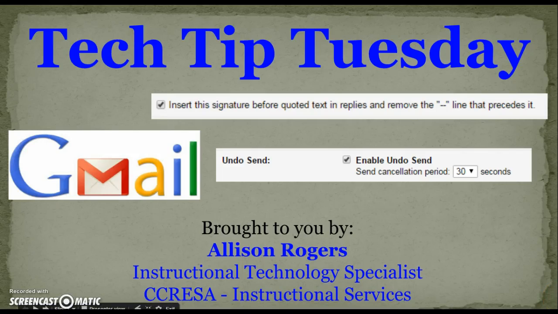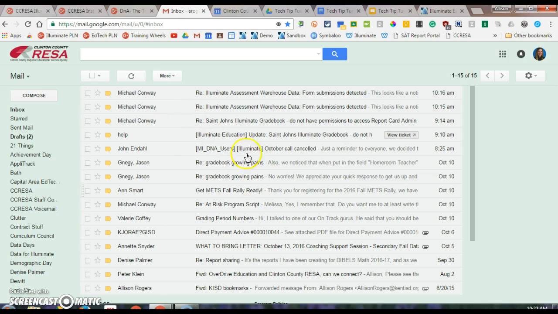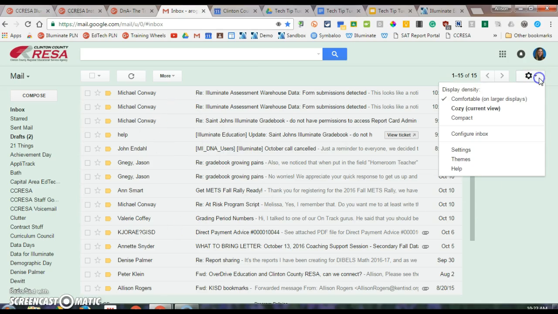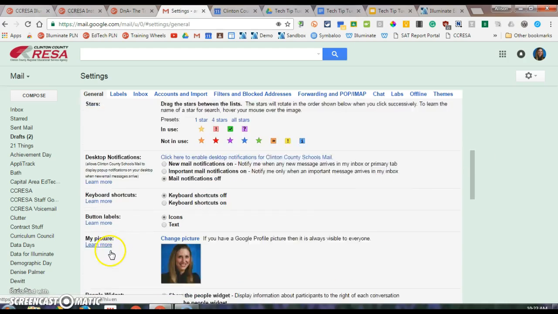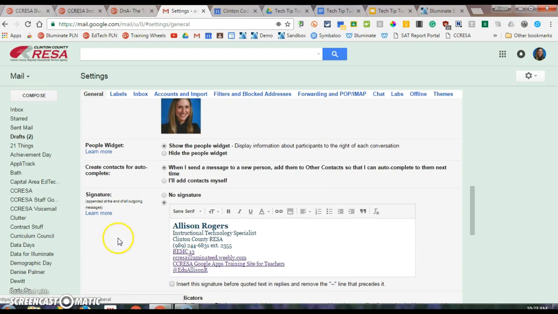I'm Allison Rogers, Instructional Technology Specialist here at RESA, and today's Tech Tip Tuesday is going to focus on Gmail, specifically Gmail settings about your signature and the undo send option. So if I'm in my Gmail, I can go to the gear icon and select settings, and then scroll down to the section on my signature, and you can see that right now I have my signature set,